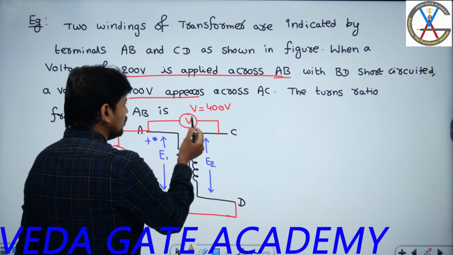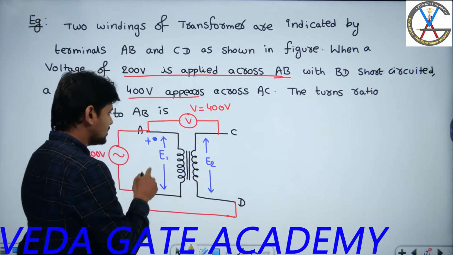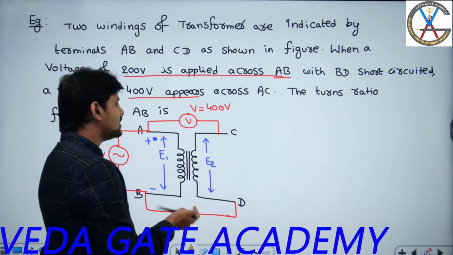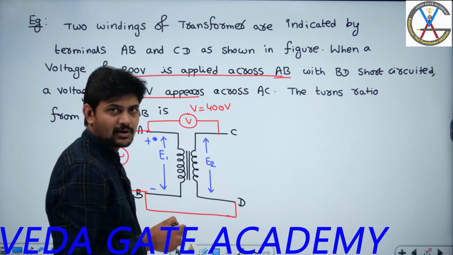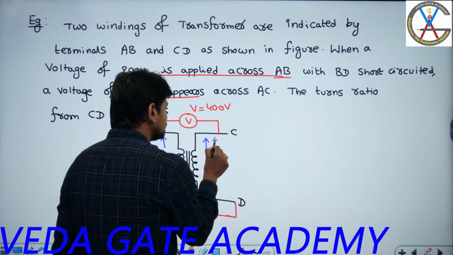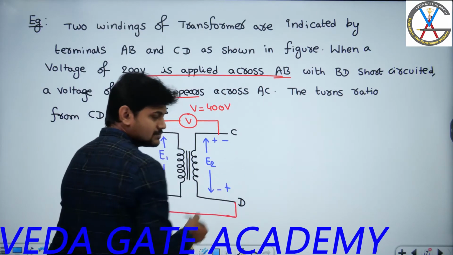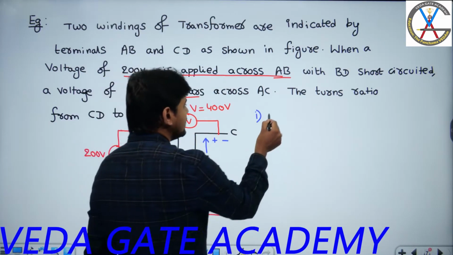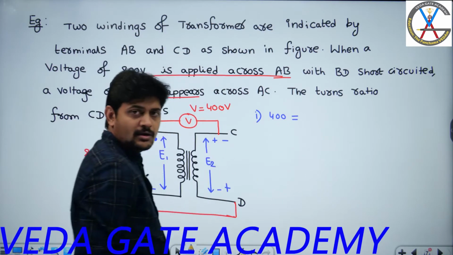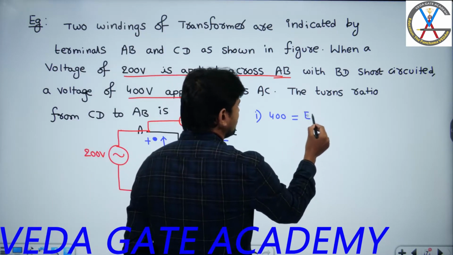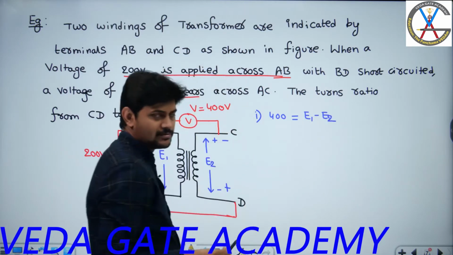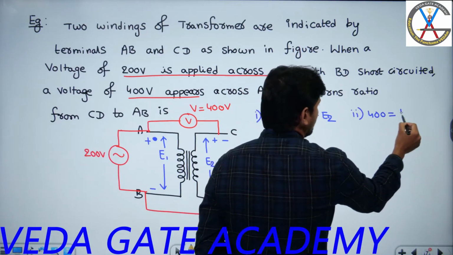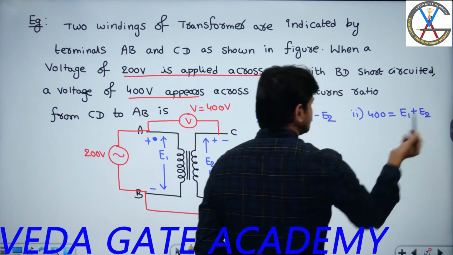Here the voltmeter reads 400 volts if I apply 200 volts here, right? So what I am doing is assuming this terminal is positive with respect to this. Then I may get a series additive or series subtractive connection, right? So this has positive with respect to this one, or this has negative with respect to this one. I will do the 2 possibilities. First case, the voltmeter reading is 400. It will give the induced EMFs in the windings as the sum of 2 EMFs or the difference of 2 EMFs. In the second case, I may get the difference of 2 EMFs, or the sum of 2 EMFs also.